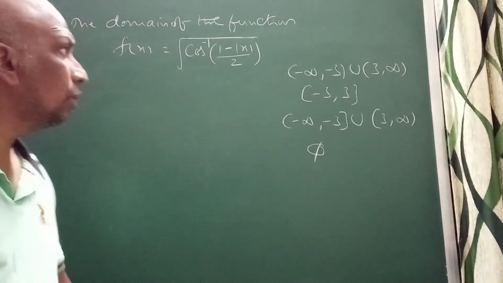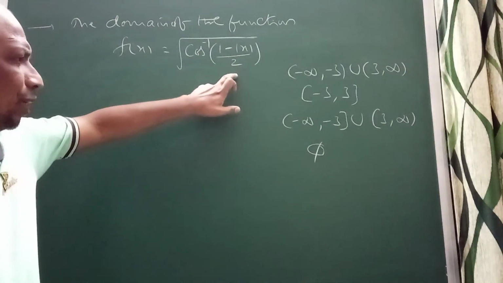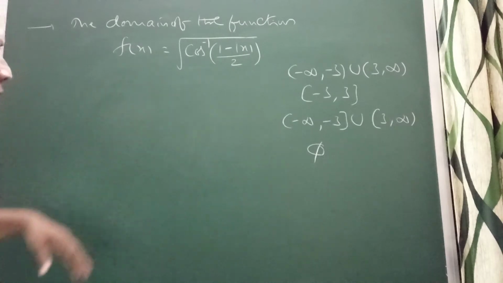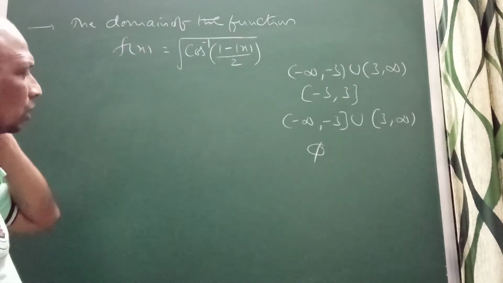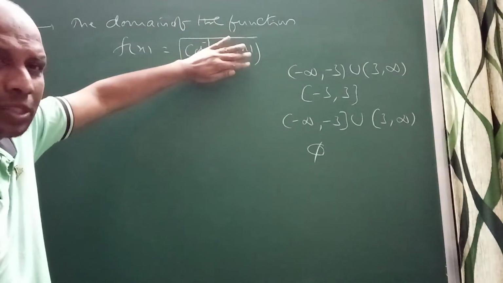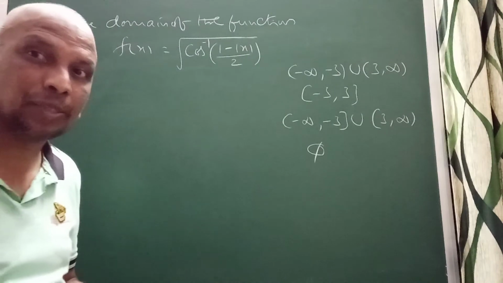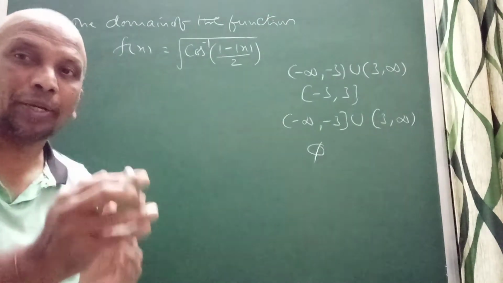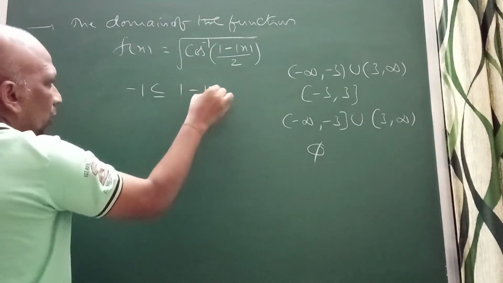Now see in this problem, the root of cos inverse of 1 minus mod x by 2. These are the options, right? Now you can see when they are given like this, the root of cos inverse of. So we know the derivative of cos inverse of this function is given. So think about this value. What is the domain of cos inverse x? If we are taking cos inverse x, that x value lies between minus 1 and 1. So this value lies between minus 1 and 1.